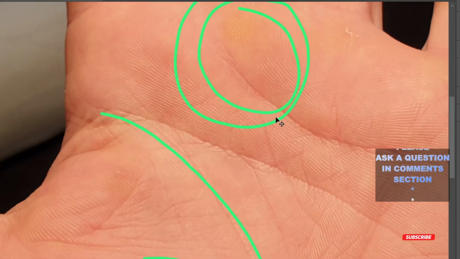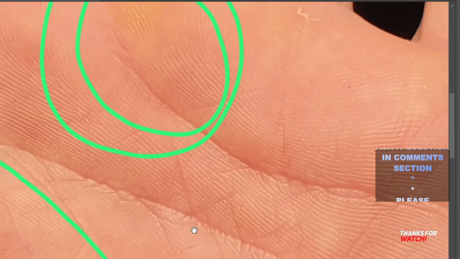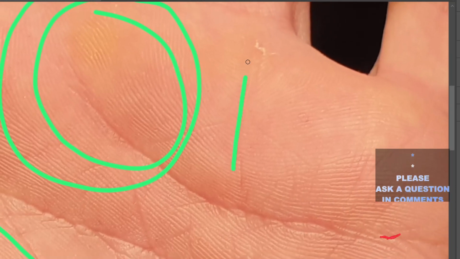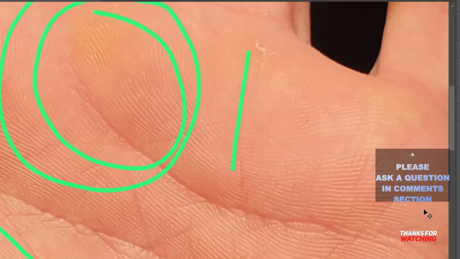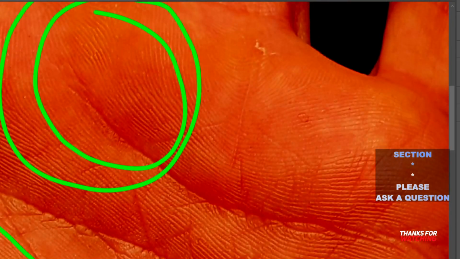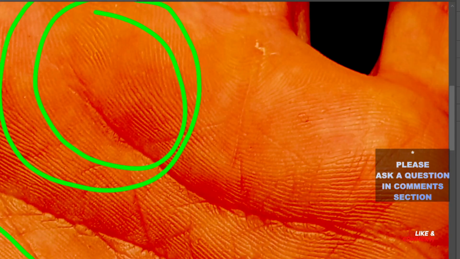One more thing I need to add here before I move back to the right hand. You would notice that the line of Sun is quite distinct and clear here. So having a quite distinct and clear sun line basically signifies that the chances are that the person is likely to